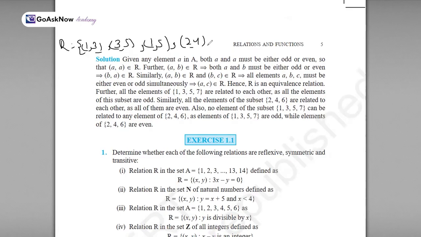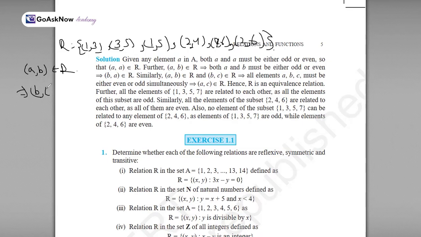and I will show now an even ordered pair. If 2 comma 4 is there and 4 comma 6 is there, then I must have 2 comma 6 also related in this relation. Okay. So I can see here that if A comma B belongs to capital R,